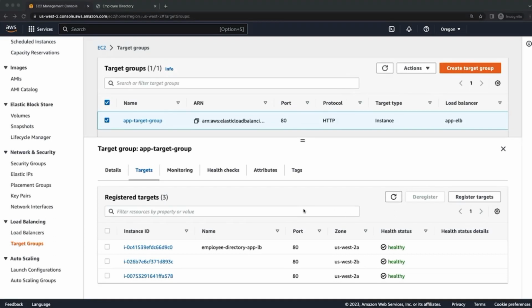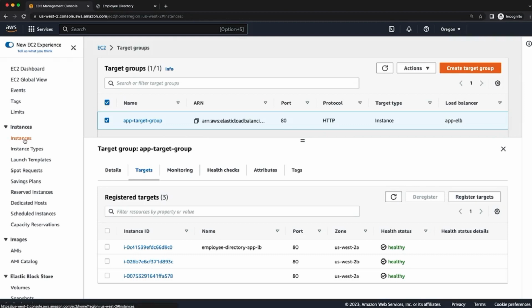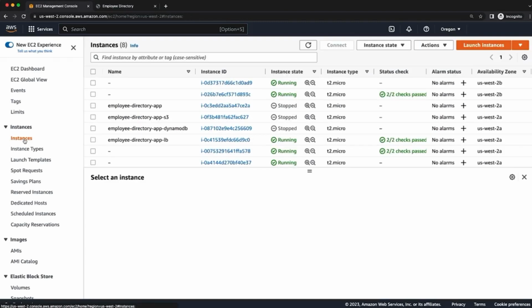So now that I've given it some time, I'm going to see if some new instances have been launched. So I'm going to go over to instances, and as I can see, 2 more instances have been launched in response to the scaling action that is happening because of the CPU stress that we initiated. So these instances will be launched,